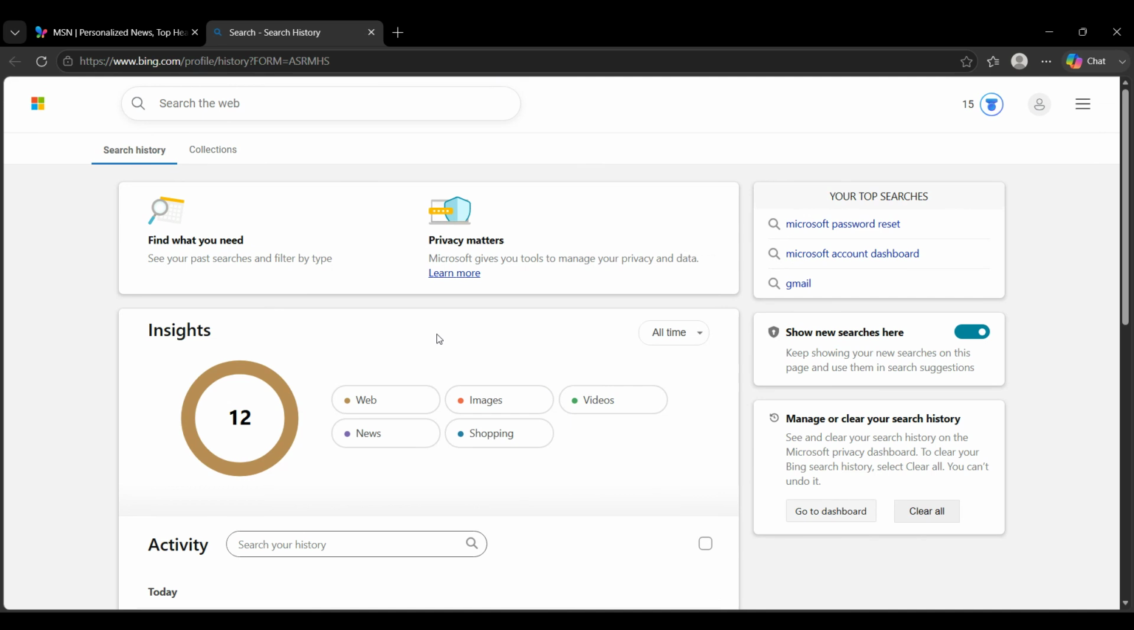So to quickly recap, open Microsoft Edge, go to MSN.com, click the search bar, open Manage Bing Search History, and then view your search activity insights. It's a simple process once you know where to look, and it gives you a lot more control over your